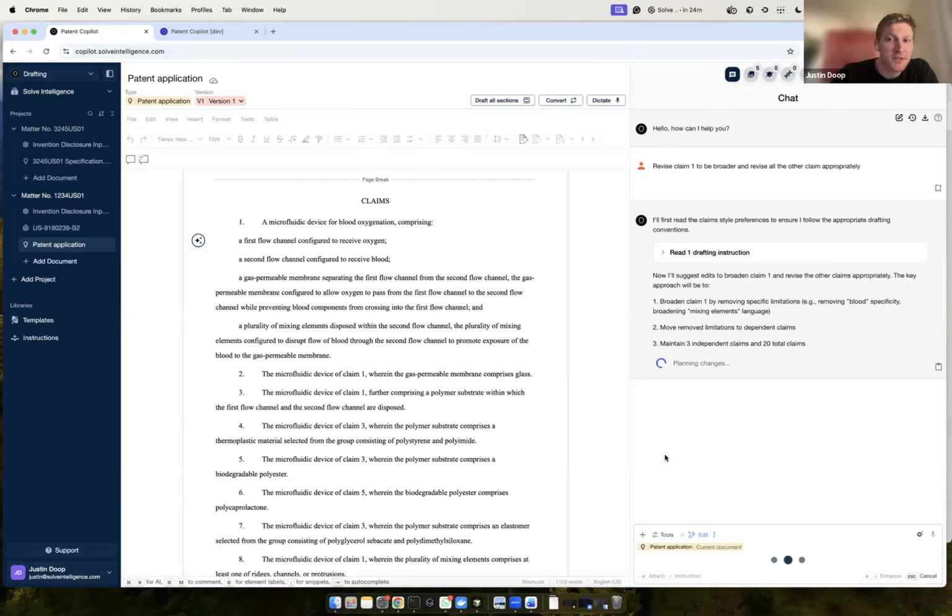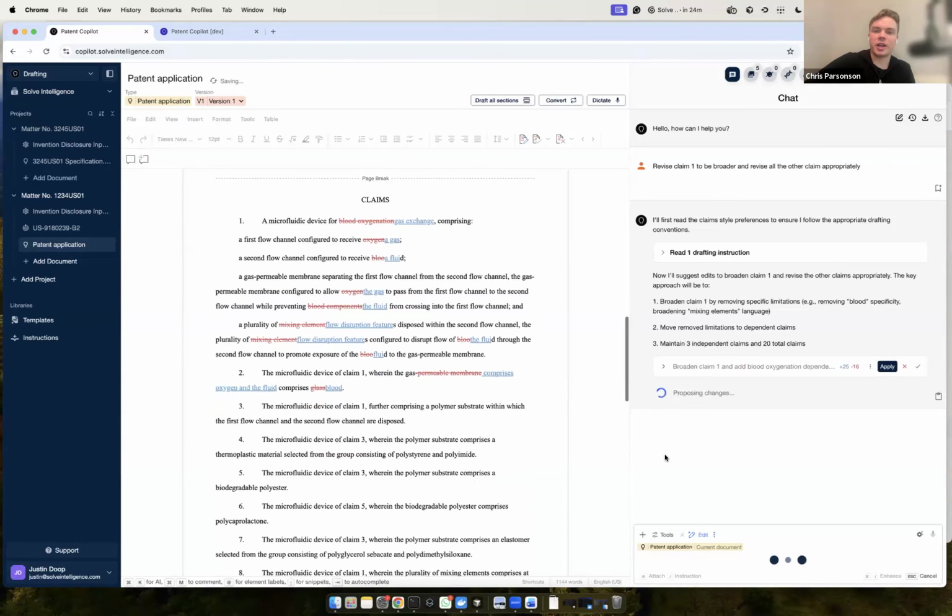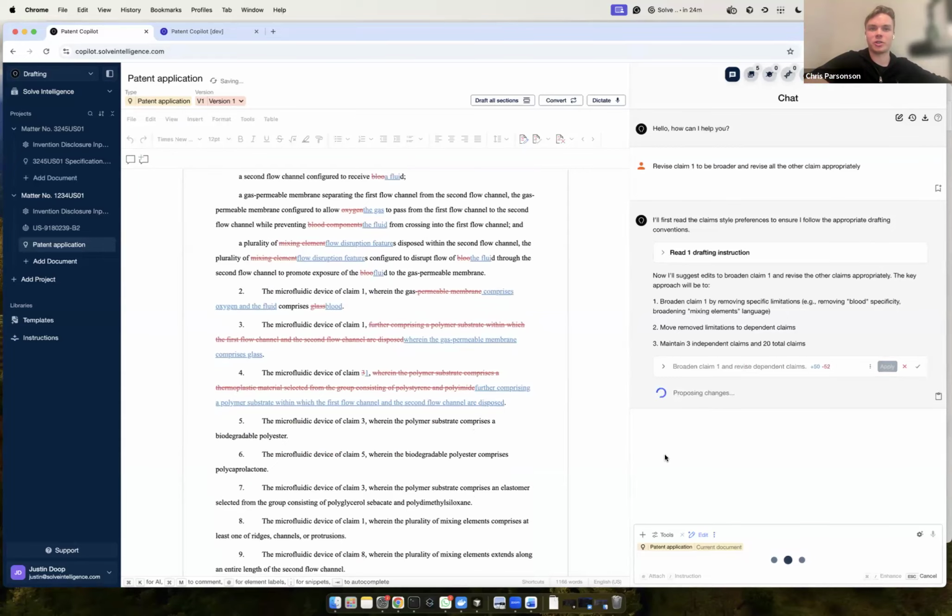Here I've kept the prompt and the instruction a little bit broad, so I could always have specified exactly how I wanted the claim to be broadened. But just based on this instruction, we can see how it would edit the claim and then the rest of the claims. And just to call out, James Whistle posted in the chat, can you cover iterating if the first output is imperfect, particularly in the claims? That's exactly what Justin's doing. He's getting the AI to go in and retrospectively update given his new instructions,